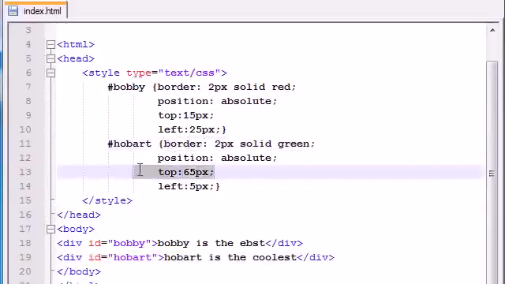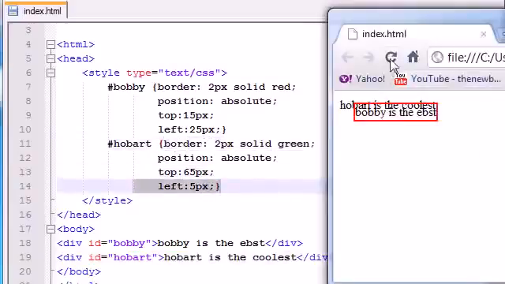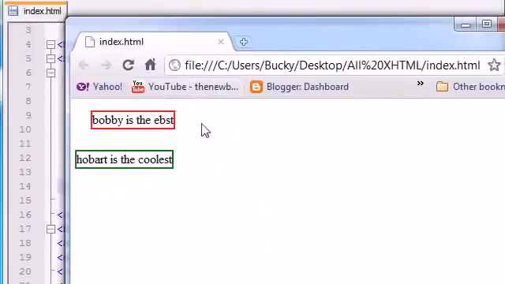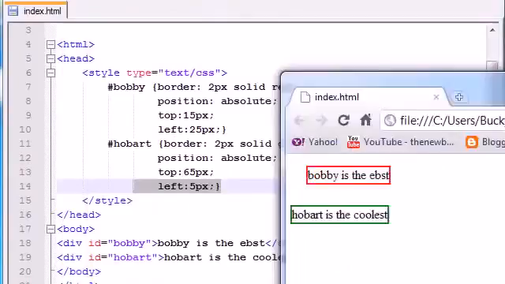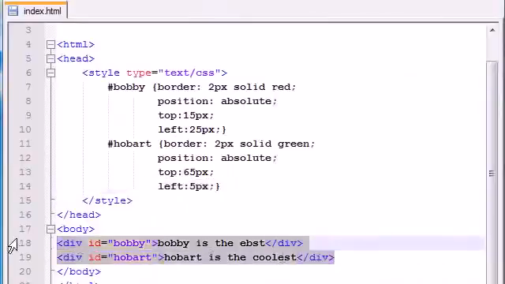So when we refresh it, that's what we get. So anyways, that's what I'm basically telling you how to do. You have two divs that are basically identical and your browser can't tell them apart. Well, in order to give them identities, you need to first of all write what you want your ID to